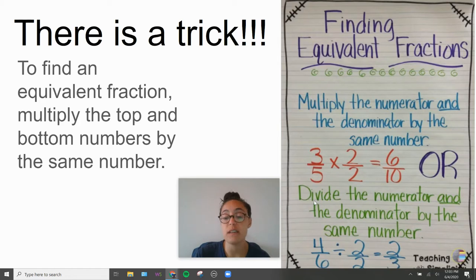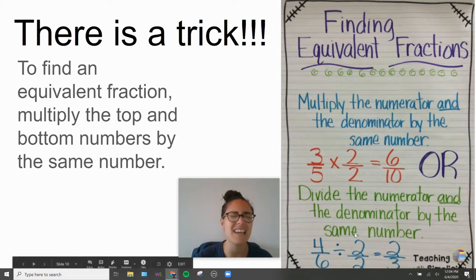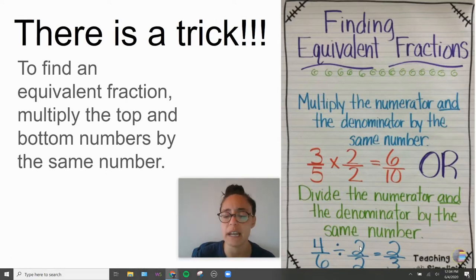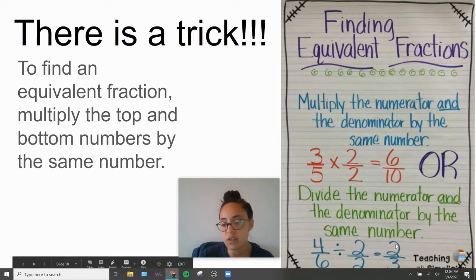Or if we have to divide and make it smaller, we have to divide the numerator and denominator by the same number. So we have 4/6, and again, I want to break it in half because 4, we need to think about the factors that we can use to multiply together. So 4 divided by 2 is 2, 6 divided by 2 is 3, and we know 4/6 is equal to